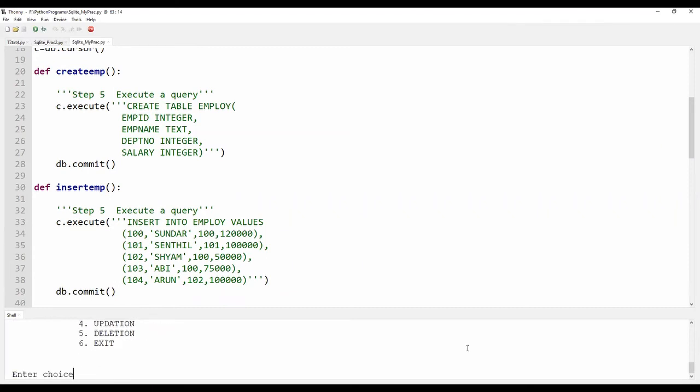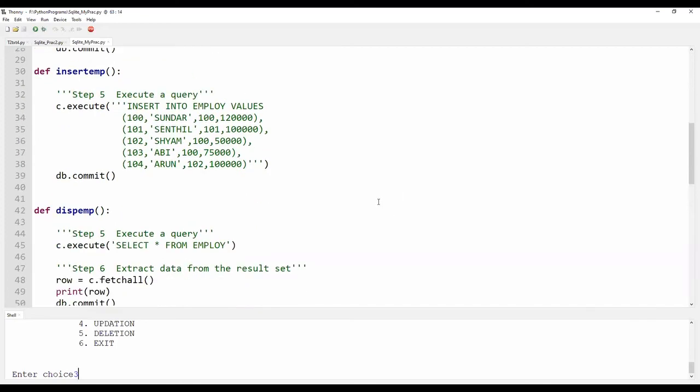With respect to the third one, we are ensuring whether the table has been created and whether the values have been inserted. The third one is select star from employee, which means I am trying to take the data from the backend and print it on the screen. If I am having all those 5 records, it means that I have successfully created the table. I have inserted the values. Now I am trying to display the same.